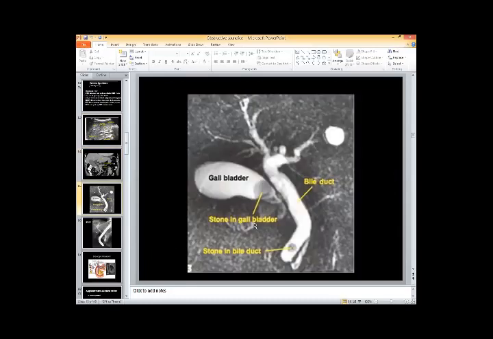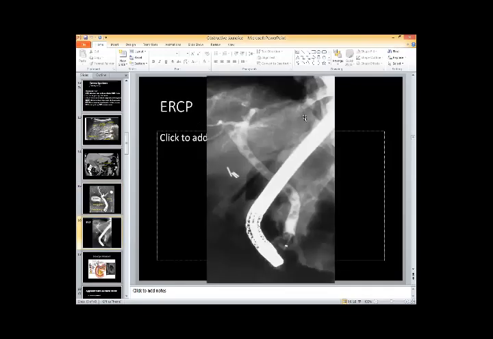Similarly, here it's an MRCP actually, and you see a gallbladder. This is the hepatic ducts, and there is a stone in the gallbladder. Similarly, dilated common bile duct because there is a stone in the lower end of the common bile duct. This is MRCP, and this is ERCP because there is an endoscope. This white thing is an endoscope coming from the esophagus, stomach into the duodenum, and this is all common bile duct. Dye is injected, but the black shadows are multiple stones in the common bile duct, and because of the stone, the bile duct is dilated.